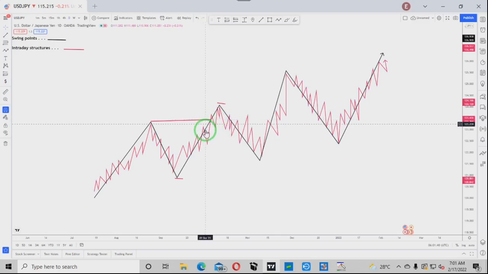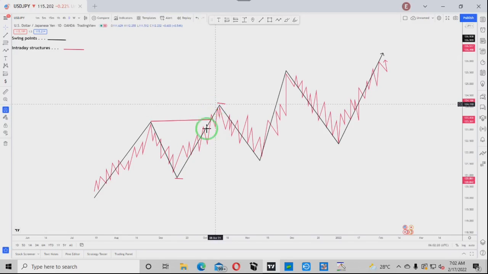Now, when it broke this major swing high with this horizontal line that you see here, this is your low, this is your high, this is your trading range. Your trading range is between this swing low here and this swing high here. Why is it your trading range? It's because price has violated this previous swing high here. So this is now your break of structure. This horizontal line here is your break of structure. So this is your swing high, this is your swing low, this is your trading range, guys. I've made that abundantly clear in our previous videos, so I don't need to go into that in detail again.